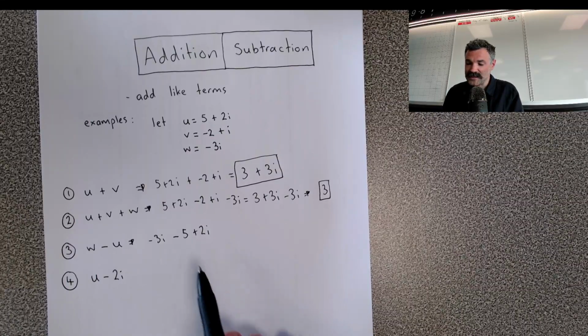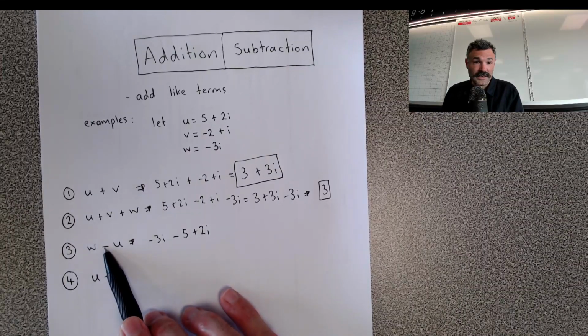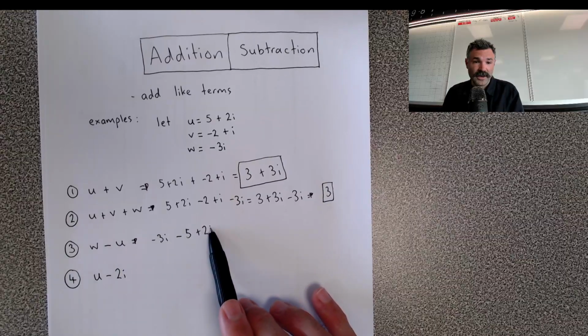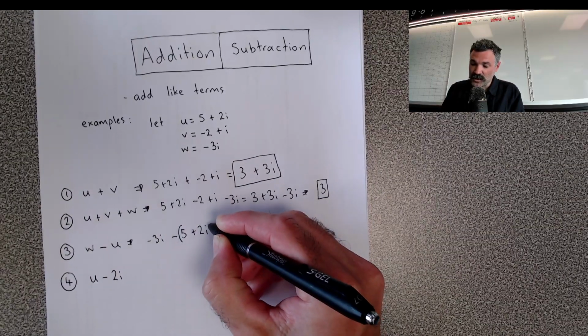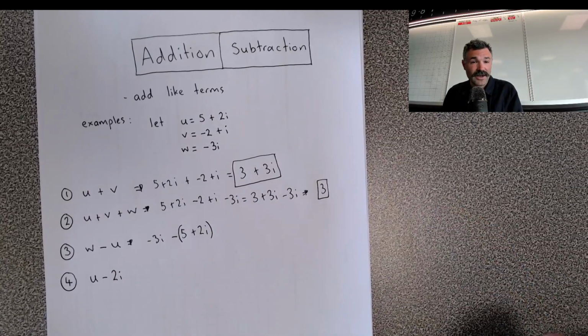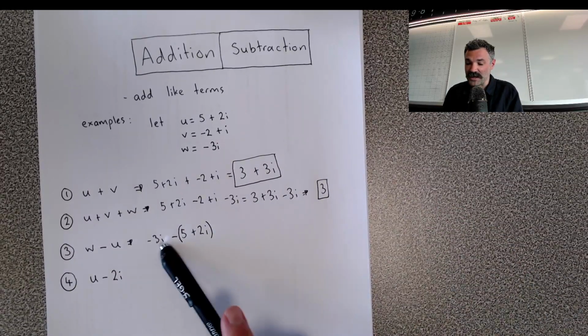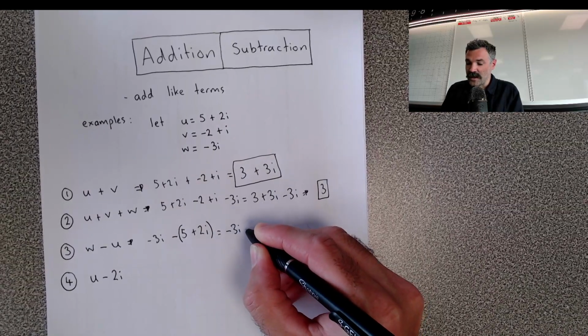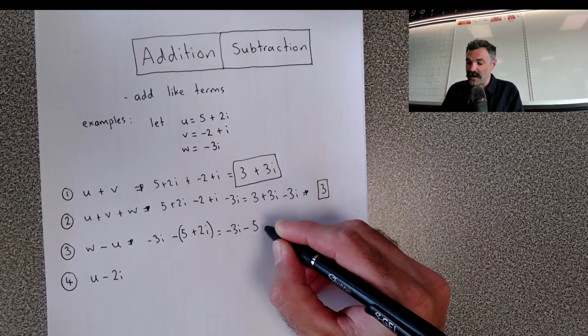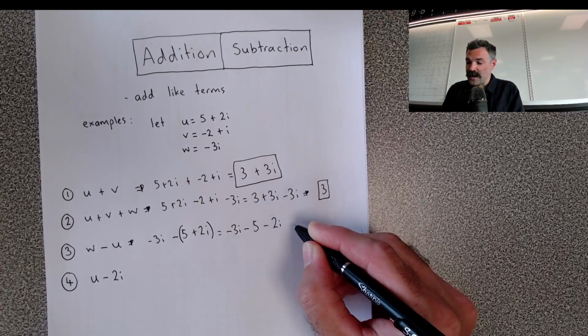The reason being is that this minus is for all of you. Currently, all I've done is minus the 5. I need to minus all of you. To make sure I'm doing that, I put a bracket around it, or you think very carefully that you minus both parts of that. So this now becomes minus 3i, minus 5, minus 2i,